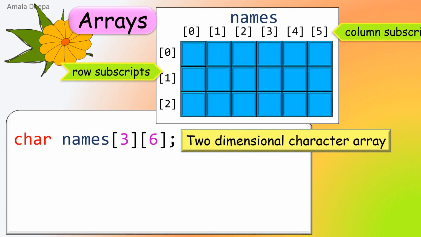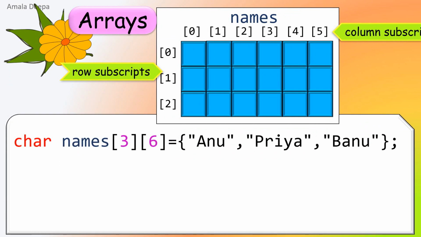Let us see how to initialize this array. Here in the declaration statement, on the right-hand side, within curly brackets, I have given 3 elements. Each element is a string within double quotes. The first string Anu is stored in the first row along with the null character. The second string Priya is stored in the second row ended with a null character. The third string Banu is stored in the third row